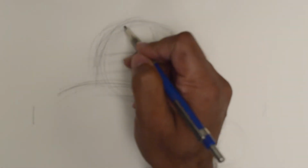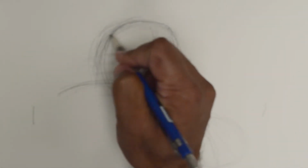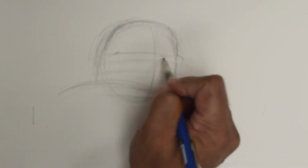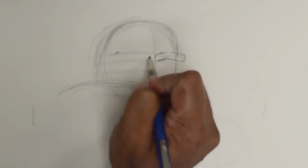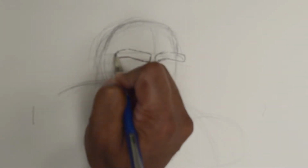So if you have all those lines put down, we can start drawing Thing's head. Now one feature that he has is that brow, and we put this down here for that very purpose. So a nice rocky brow right there, a nice rocky brow right there,